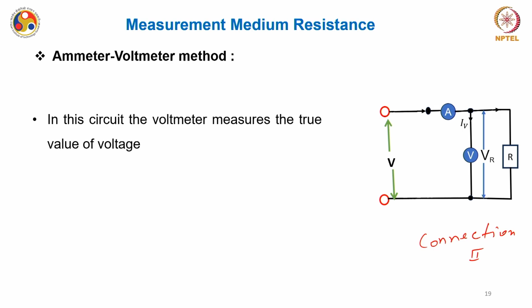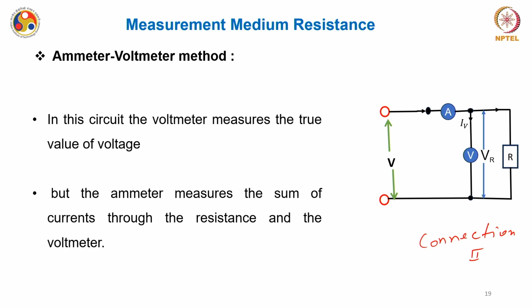It was actually the voltage drop across the unknown resistor plus the voltage drop across the ammeter, okay. So the idea is, let us bring this voltmeter near to the unknown resistor so that it measures the accurate value, okay. But does this solve the problem? If you see this connection 2, the voltmeter is near to this resistor, and in this case